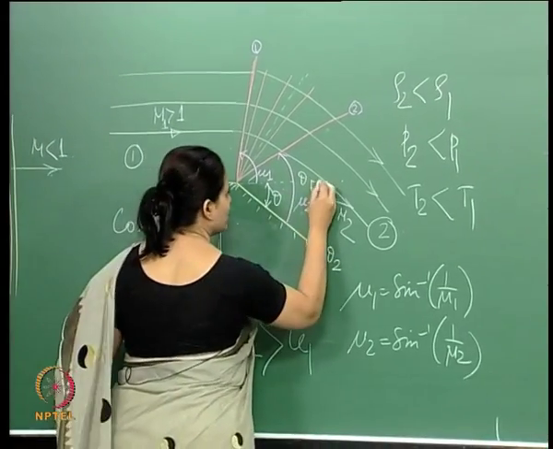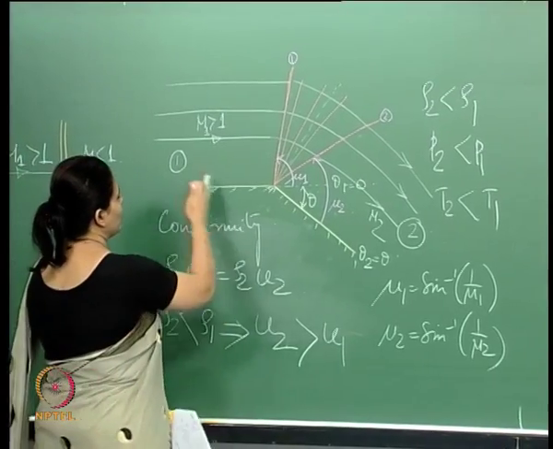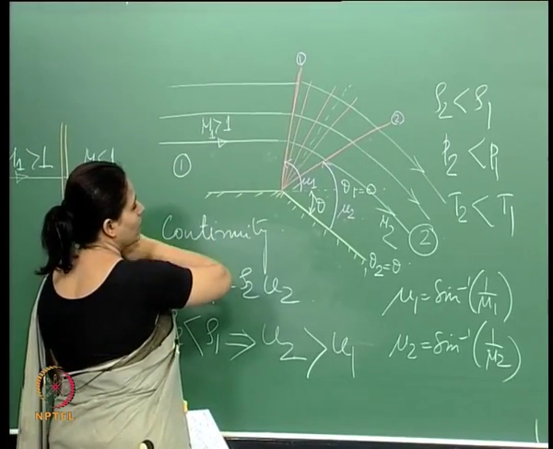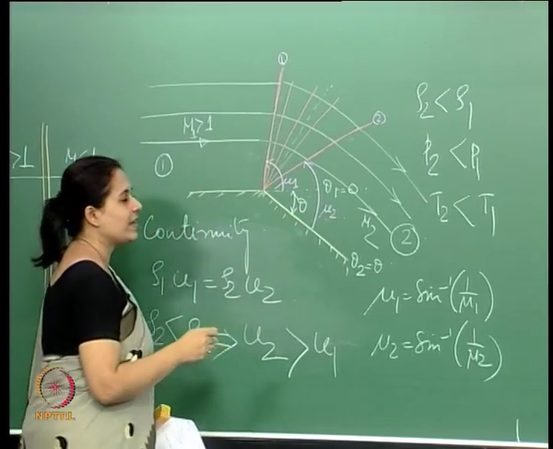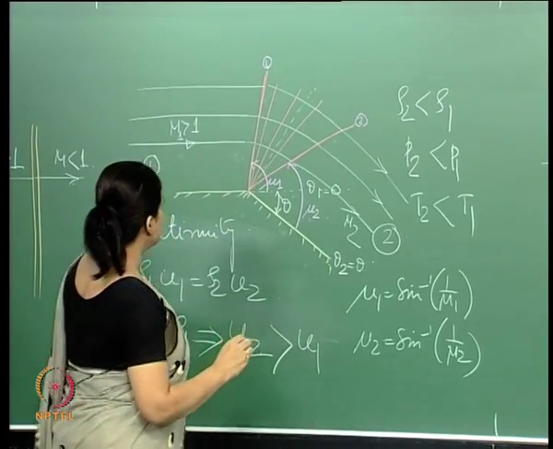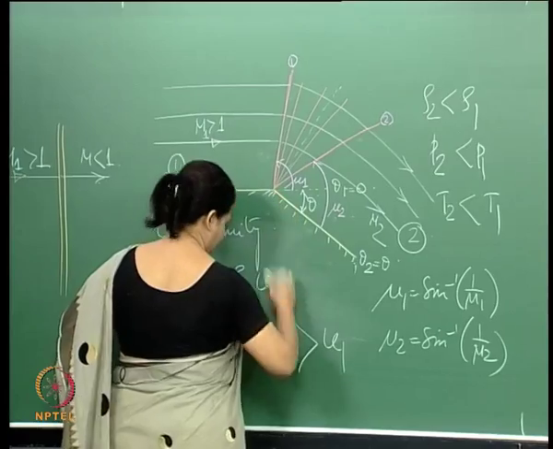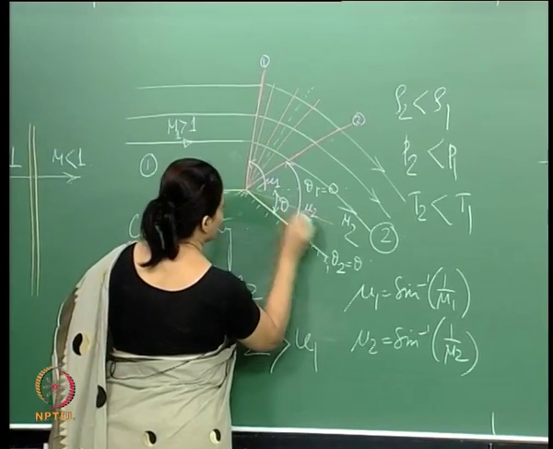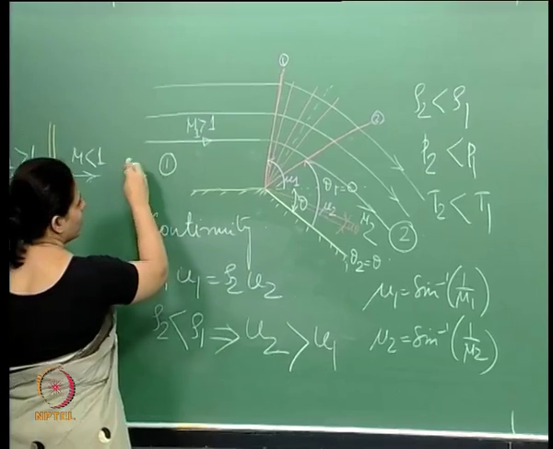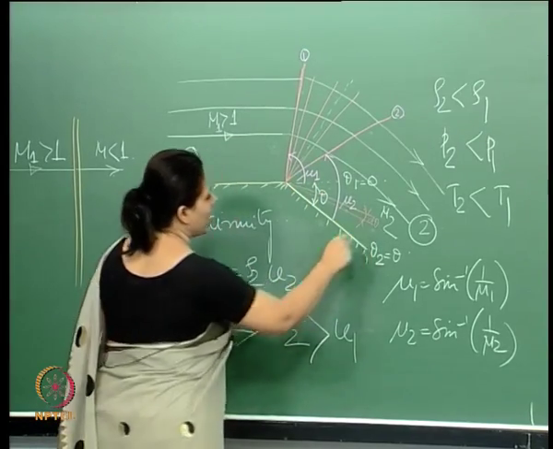Of course theta 1 is 0, and theta 2 is theta. So what is happening is that we have an incident Mach number of m1, it encounters this expansion corner and it goes from theta 1 to theta 2. And what we have found out is that if I have this incident wave and I deflect or expand it by an infinitesimal angle d theta,